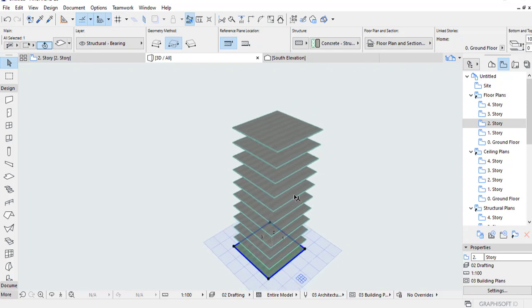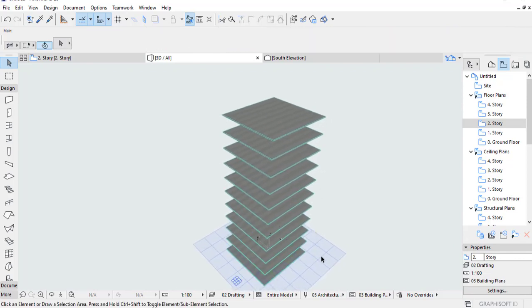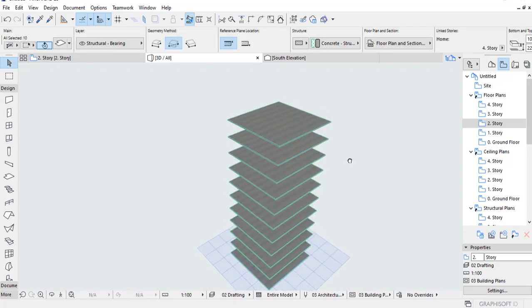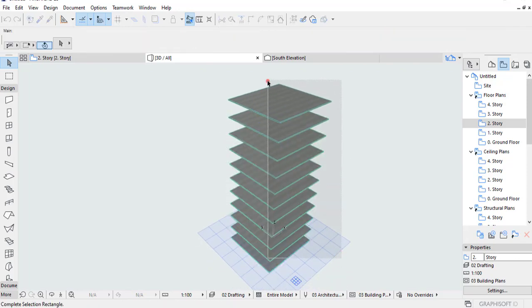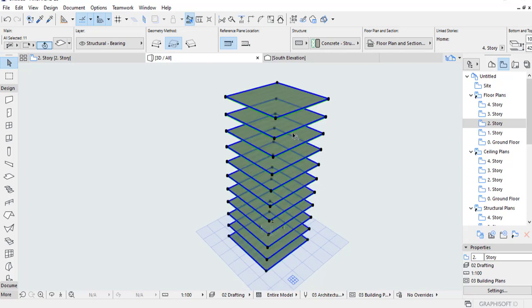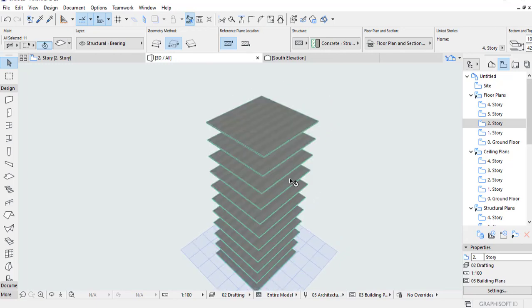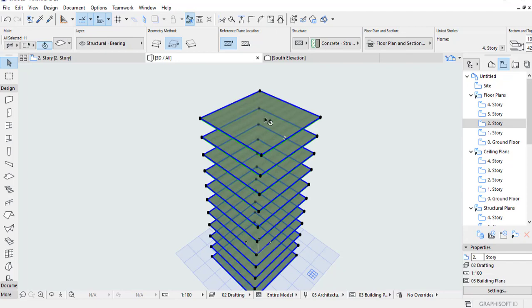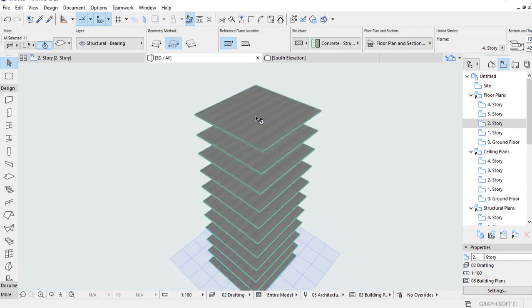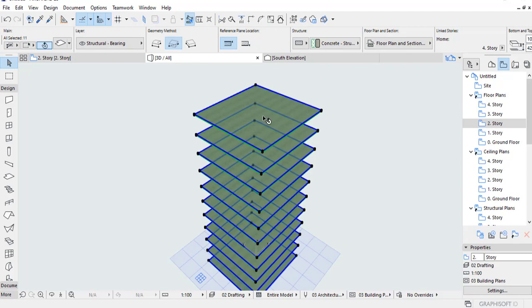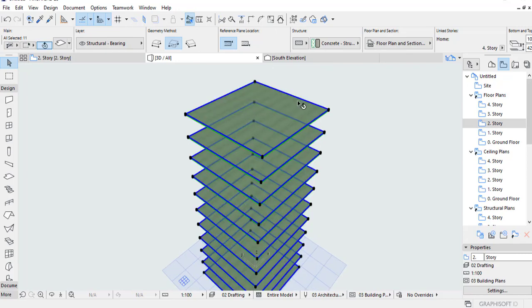Okay, once you create a number of copies, you can do some commands all at once on all the slabs. Sometimes you are required to do the same commands on all the slabs all at once. For example, you want to cut a hole into this slab. You have a staircase block in the center, let's assume, and you want to cut the slab in the center. So you will click on any one of its edges.